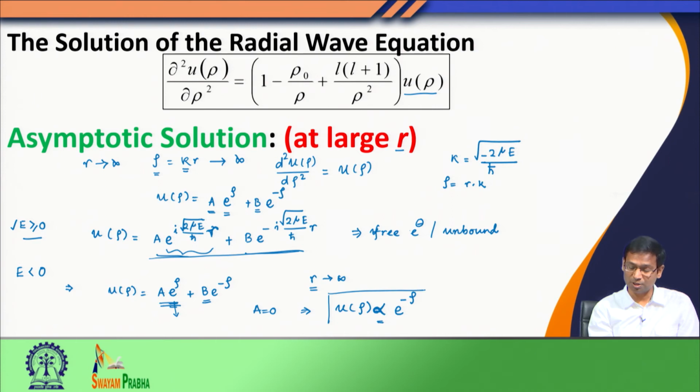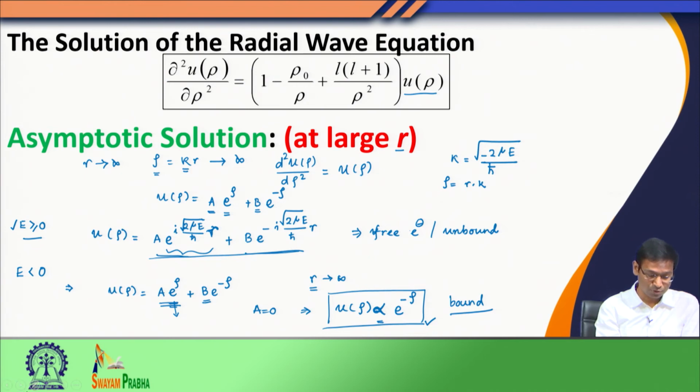So, this is the asymptotic solution for the bound state, that means even when we are discussing those situations when r is large, but still the electron is within the influence of the nucleus. In those bound states, my asymptotic solution of this wave function will be e to the power minus rho. We will keep this in mind